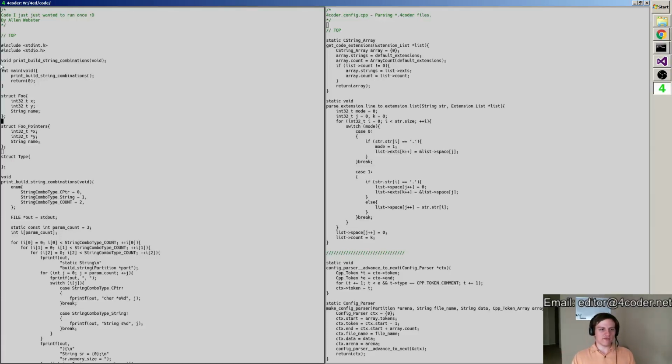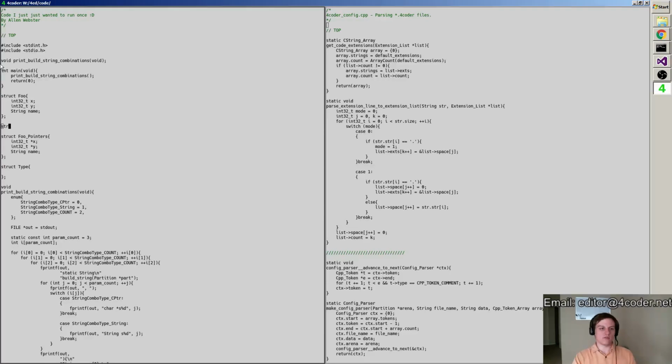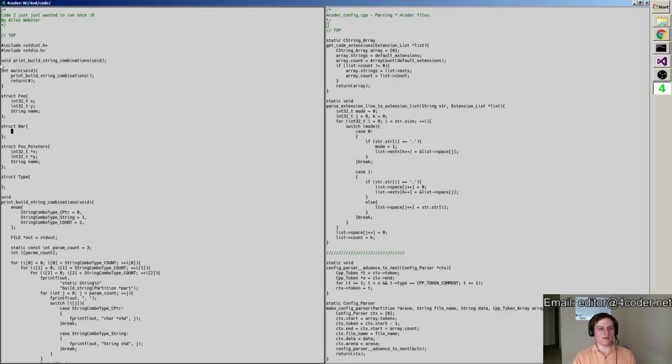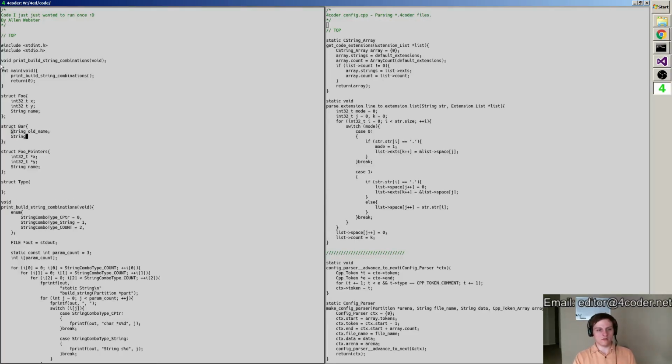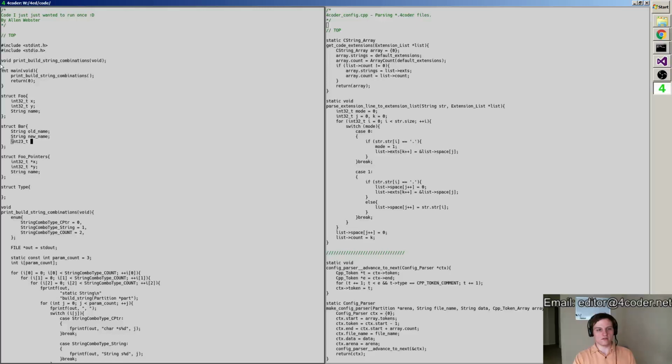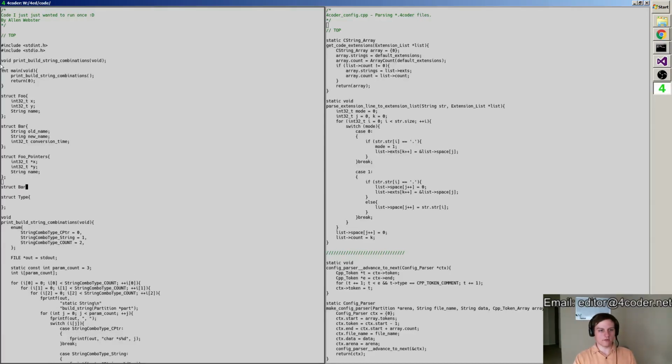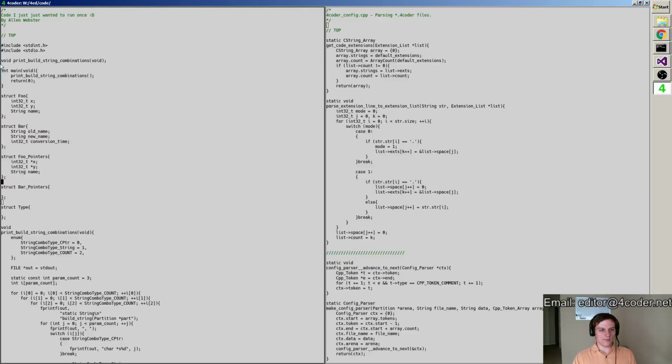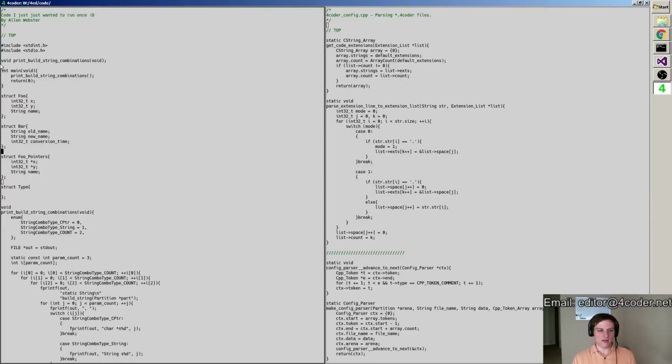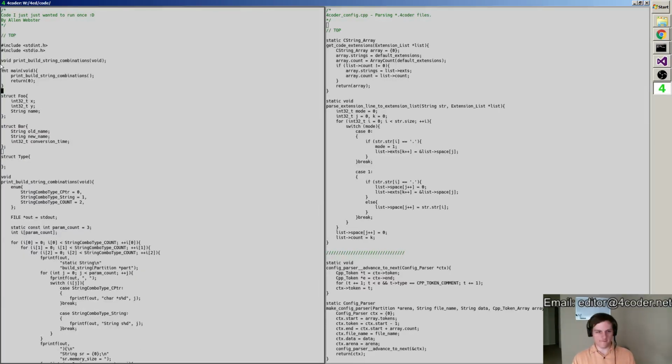And maybe foo isn't the only struct of this type that I have. Maybe I have another one, right? Maybe I have bar2, that is similar, but it's like old name, new name, conversion time, whatever, right? And then I want to be able to get my bar pointers. You get the idea. I can stop doing this. But the point is, you have these things that are kind of like types, but you want more from them than just this. You want to be able to say, well, give me the pointers version. You maybe also want to be able to automatically say, here's a procedure that serializes and deserializes this, or whatever it is, right?